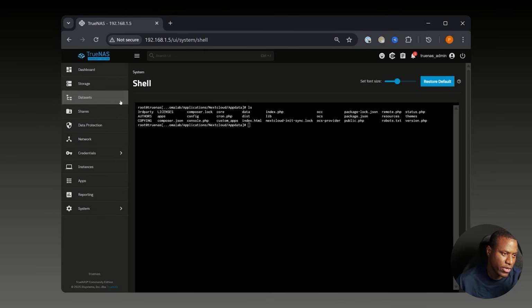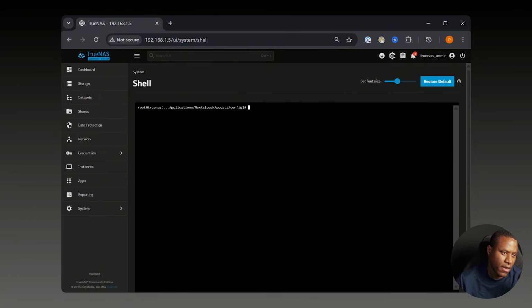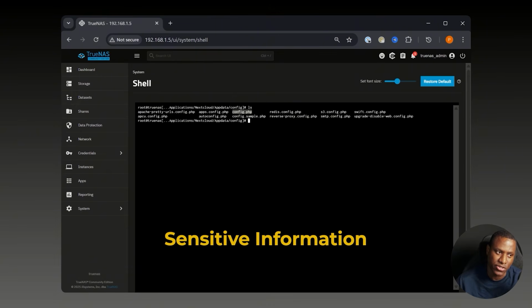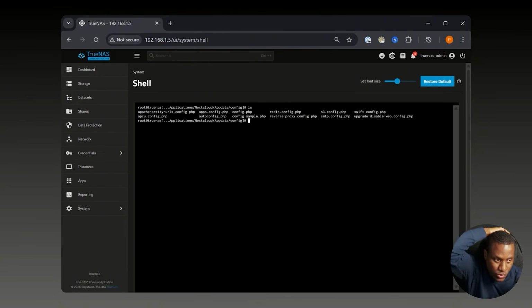And then what we're looking for is this configuration folder. So we want to go into this configuration folder to be able to see the document or the config file that we're looking for. So cd config, ls. So what we're looking for is this guy. Keep in mind that this does contain a lot of sensitive information. Nano is already installed on this guy,